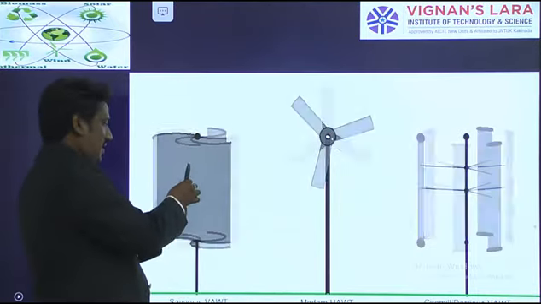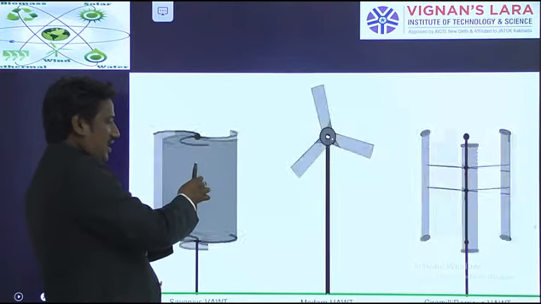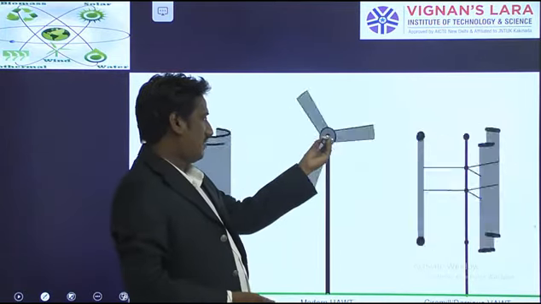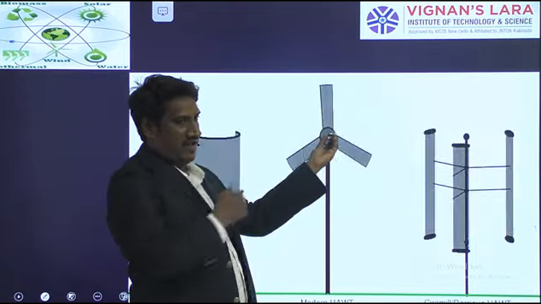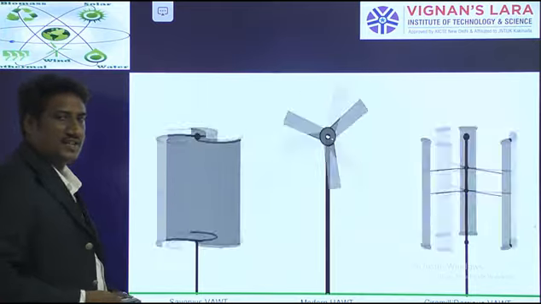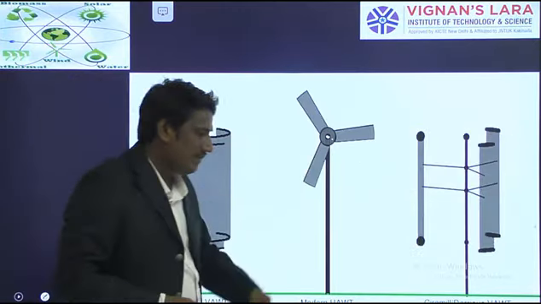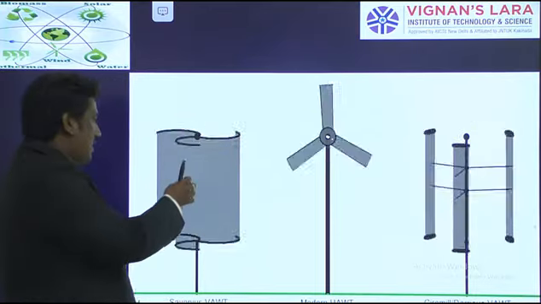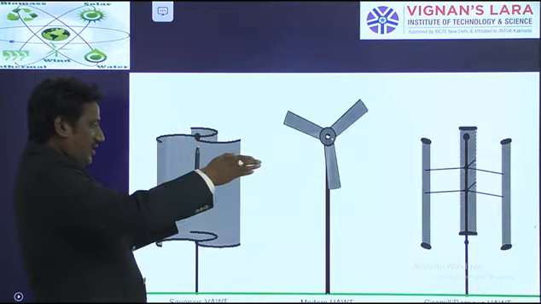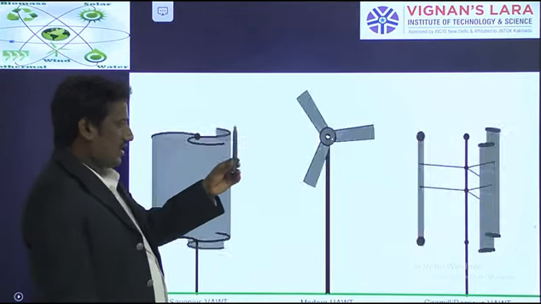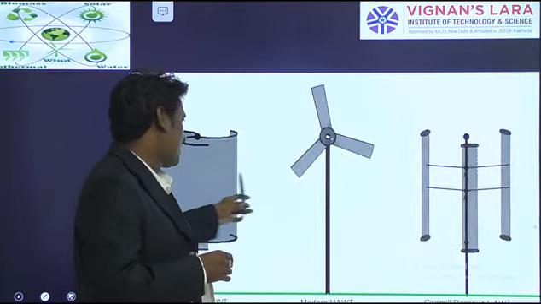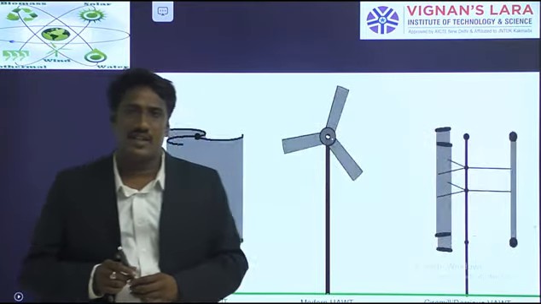Whereas in the remaining method, it will be vertical. You can see that the axis of the rotor is in a vertical manner. Here it is in a horizontal manner, and wind also blows parallel to it. That is the horizontal axis wind turbine. Whereas there are two different types of vertical axis wind turbines: one is the Savonius and the other is the Darrieus type. In these two cases, the rotation axis is like that, but the wind flows like that. So for the wind flow, it is exactly perpendicular, and vertical with respect to the wind flow. So the axis of rotation is vertical. Straight away you can say that.